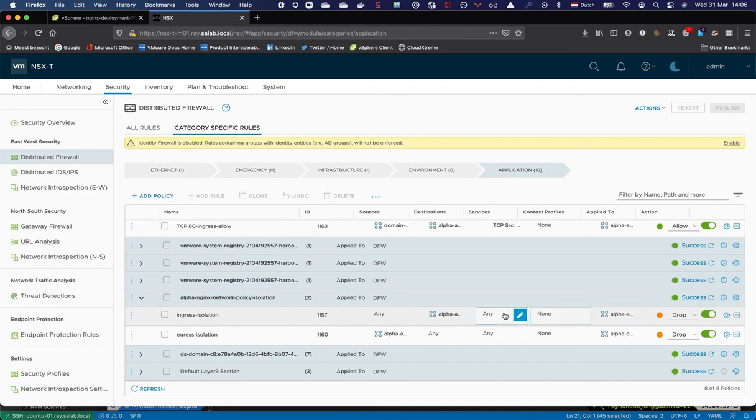So I think this concludes the demo. Obviously, you can do a lot more with network policies, and NSX-T will translate those network policies into distributed firewall rules. I hope this example was